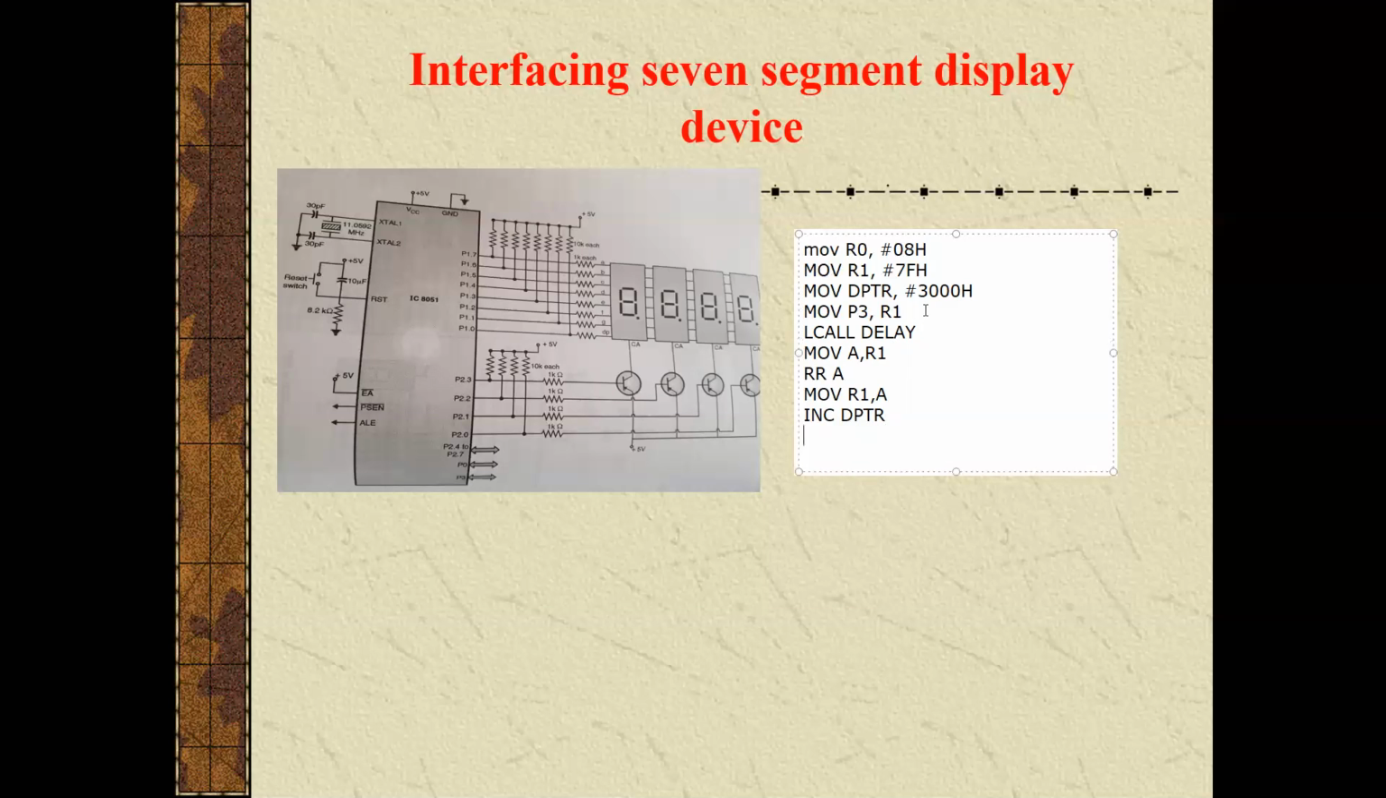After that, we have to decrement R0 and check non-zero or not, comma, loop 1. The same operation will be performed until R0 becomes 0. We are loading